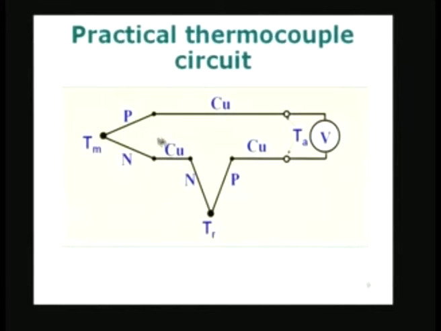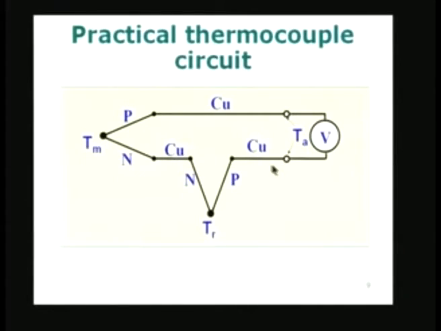Sometimes what is done is, instead of copper wire, I will use what is called extension wire, the same P wire, extension wire, which is not necessarily of high quality. That means that the purity and other requirements of the extension wire will be less than that for the thermocouple wire. So, instead of this copper wire, I might have P wire made of less quality, and similarly here I may have N wire, which is the extension wire, of the same composition as the wire here, but not of equal purity or manufactured with the same care and so on. So, I can use less expensive extension wires instead of the copper wire.